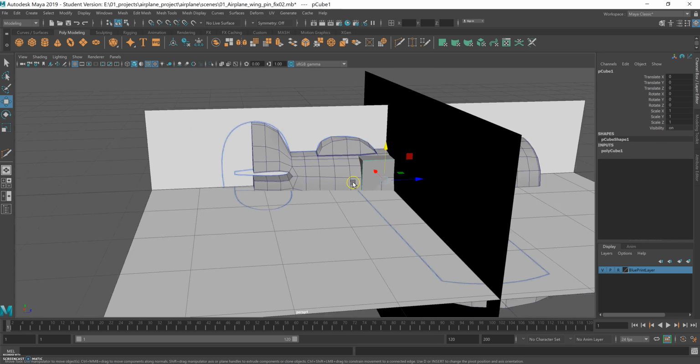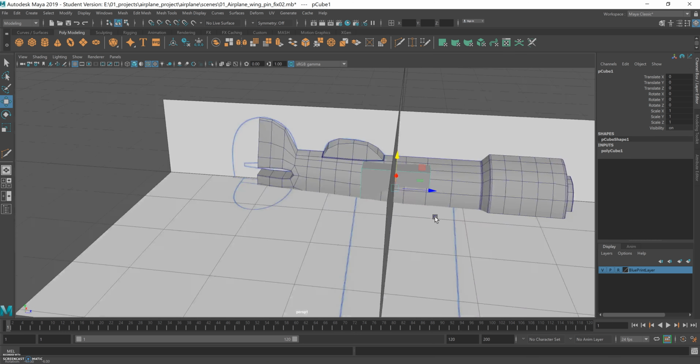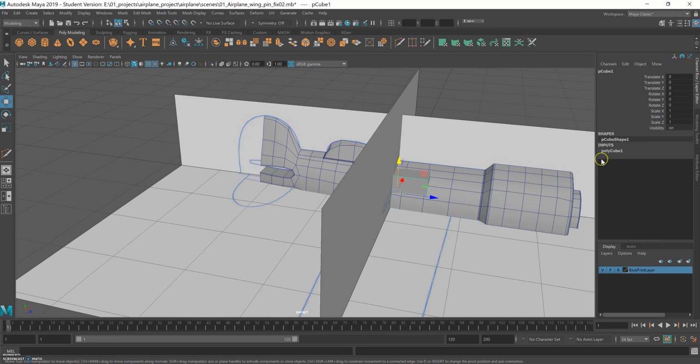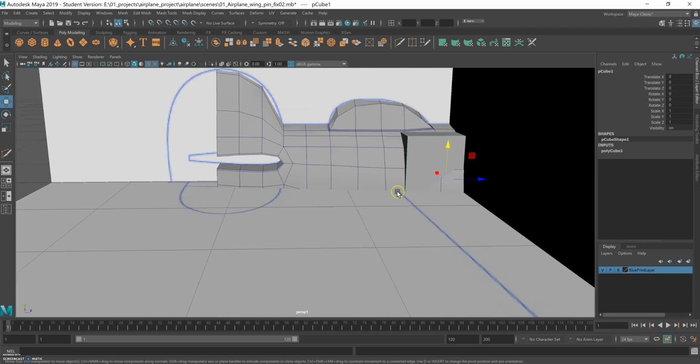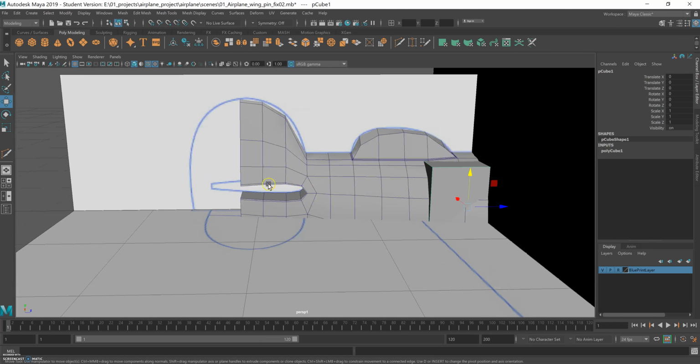Yeah, I'm using a cube so that you can do it easily and as fast as possible. So with this cube,